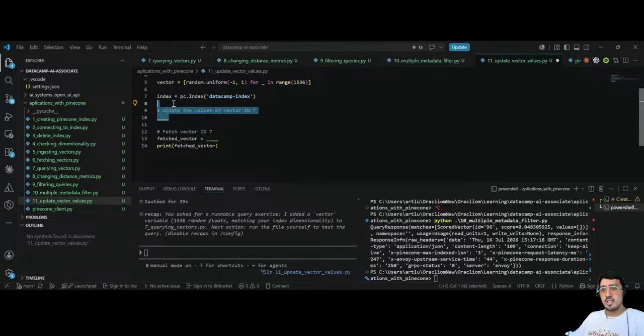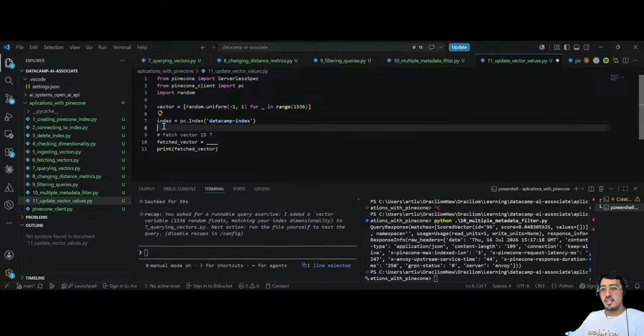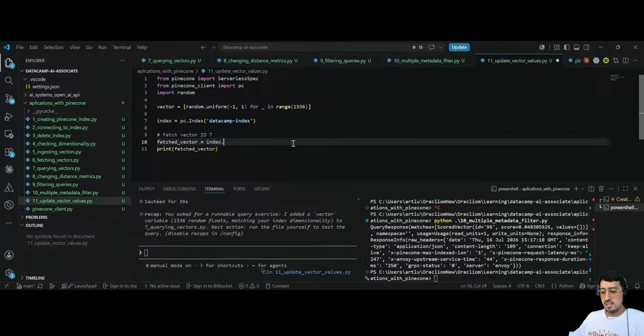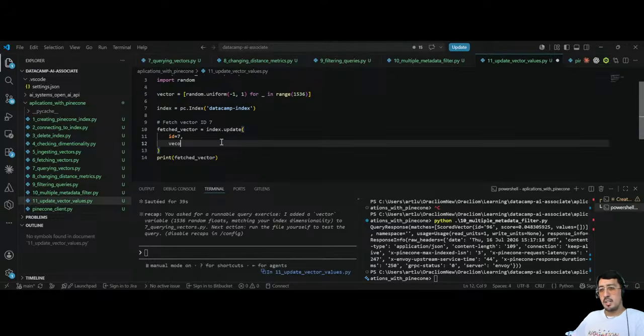I'm getting the index, and then in the index I should update, and then here the ID should be the one with 7, and then in the vectors it should be the vector. And then if I run this,